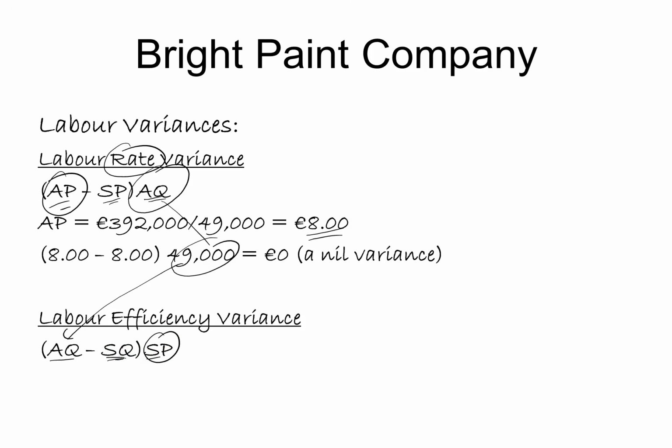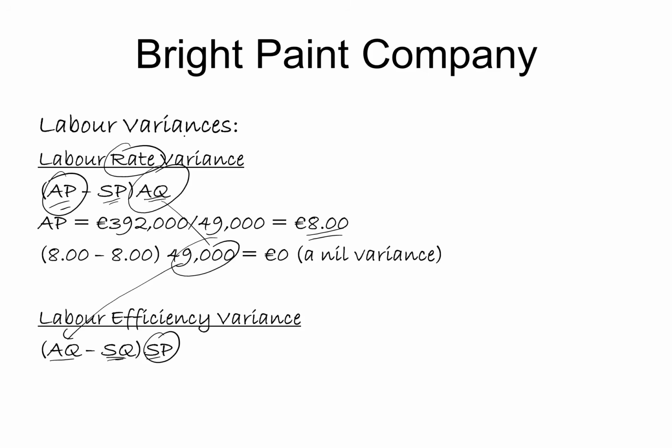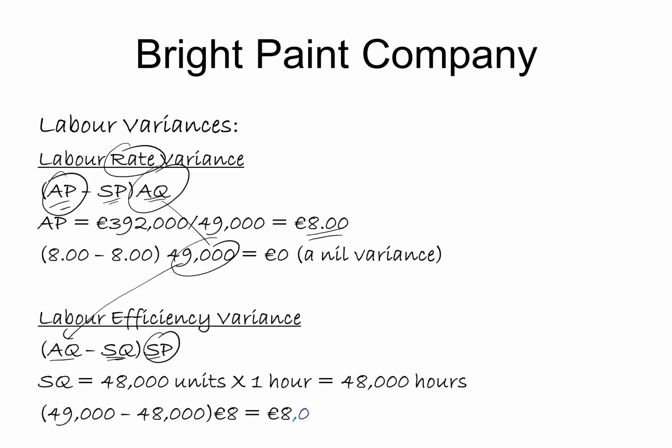So what I need is the standard quantity. The standard quantity is, given that 48,000 units were made, how many hours should it have taken? Well, the maths isn't too difficult. It should take 1 hour per unit, so I will put that in: 48,000 units by 1 hour, 48,000 hours. So we're going to compare that with the 49,000 hours at €8, which gives me a total variance of 8,000